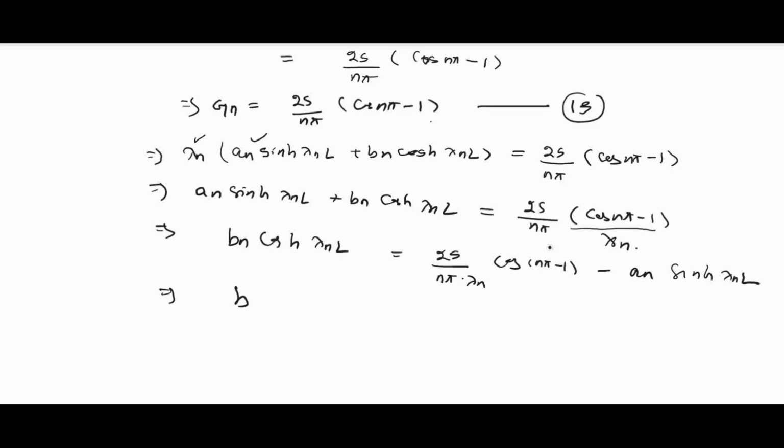That implies bn is equal to 2s by n pi into lambda n, whole into cos n pi minus 1 minus of an sin h lambda n l